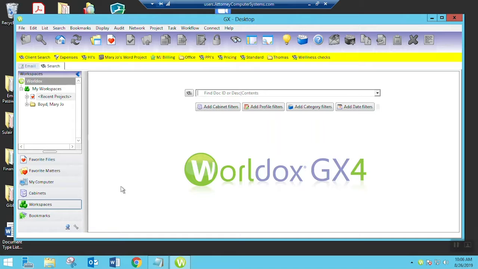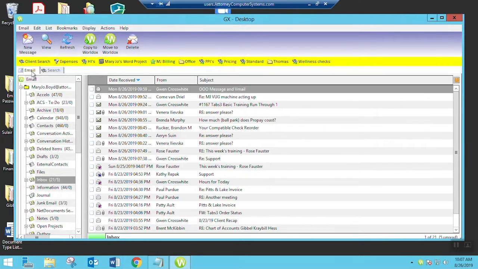And sometimes we don't mean to do that. We click it by mistake or something happens there and we accidentally create this rule. So I'm going to show you where you can check that. Now, this might be one of the instances. There might be something else going on, but this is where I find most of the time somebody's accidentally ignored something forever. So if we go into Worldox and we click on the little email tab here on the left,